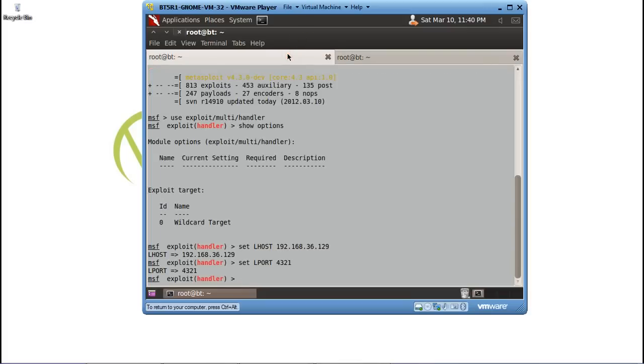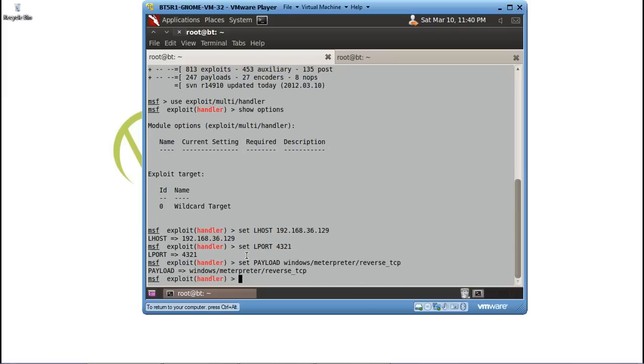Let's go back to our MSF console and set the payload here as well. Let's go back and check.